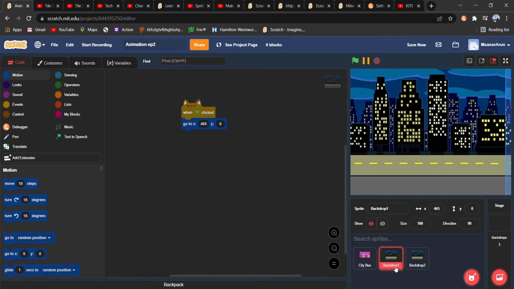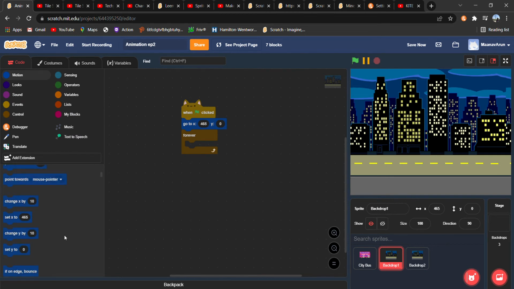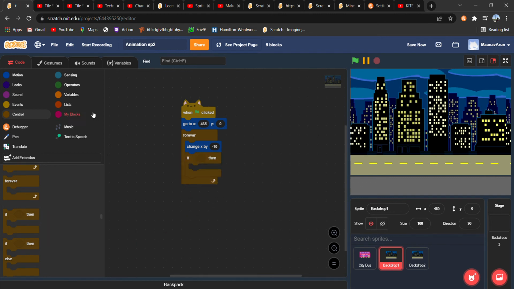And once you've made this, you want to go back into backdrop 1, grab a forever loop from the control section, and put it right under the go to XY. Go to motion, scroll down, grab a change X by block, and set it to change X by -10. And go to control again, grab an if statement, go to operators, get an equals operator,